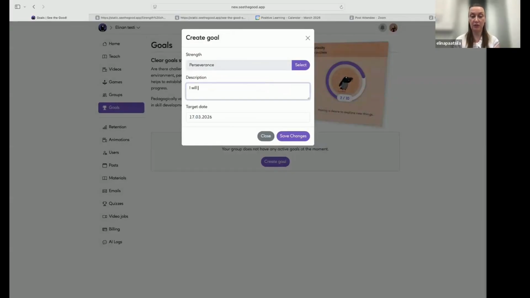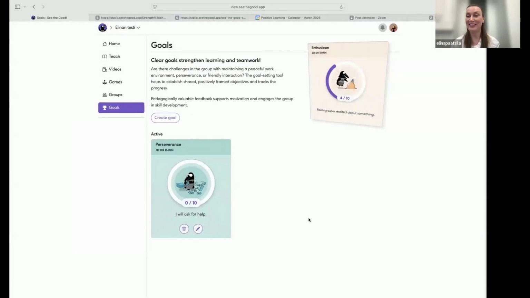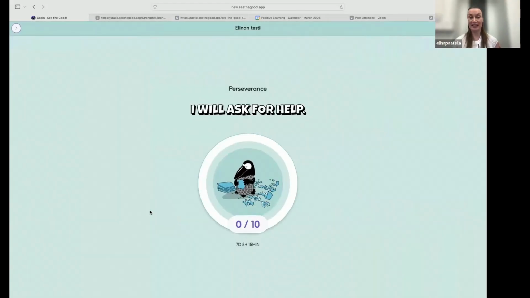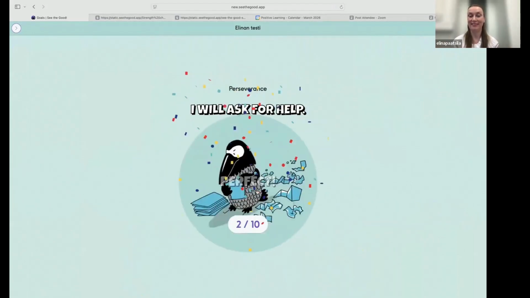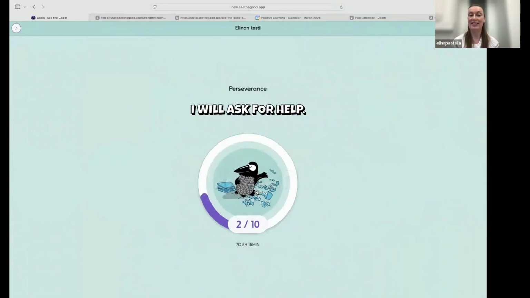For example, I will ask for help when I have difficulties. That's also being perseverant, right? Not giving up, but asking for help. That's a good skill. Then when we see in the group that we've been courageous enough to ask for help, or we've been helping each other, then we get a point. And when we have 10 points, when we have achieved the goal, then of course there can be some celebration